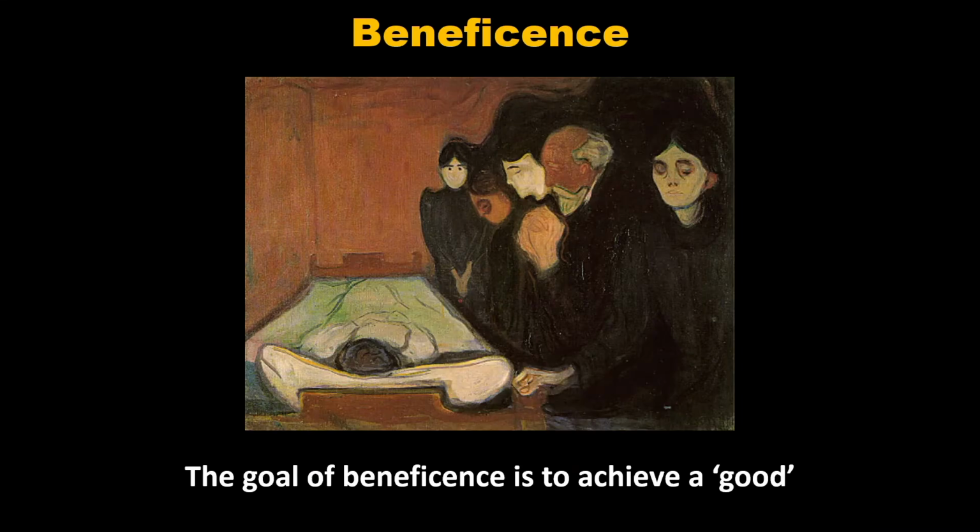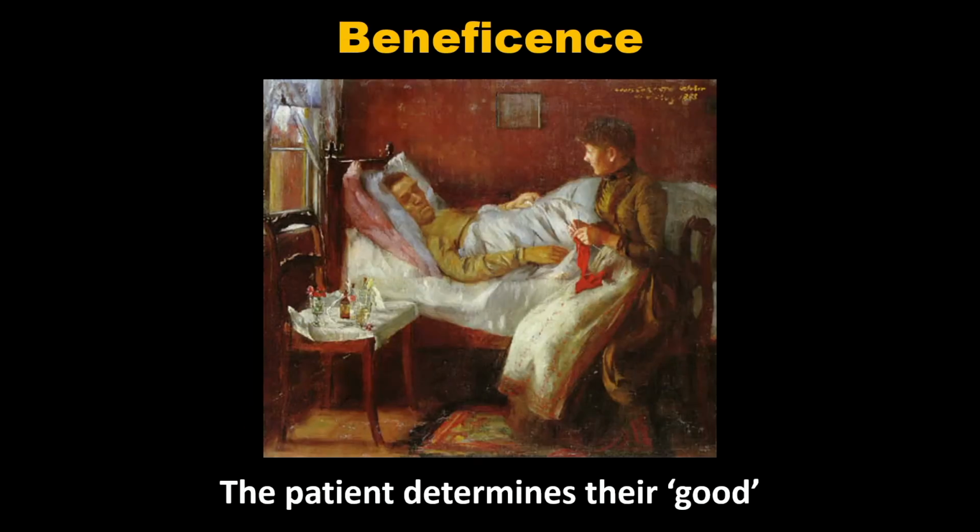Now, I talked about good before. So in ethical parlance, that's beneficence. The goal of beneficence, everything I should do, is to achieve a good. Everybody agree? And the patient decides what's good. For instance, they may not want to live as long. So years ago, I had a lady who had a heart attack. And she had so little heart left, they could only keep her alive by a continuous drip of blood pressure medicines. Even when the nurses changed the bag, her blood pressure would drop precipitously. And she wanted to see her granddaughter married. I told the family, there's no way she's going to make it.